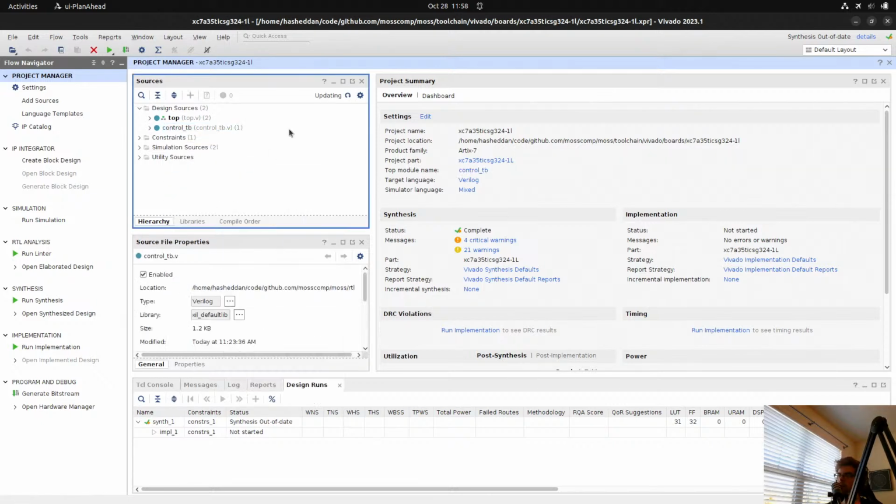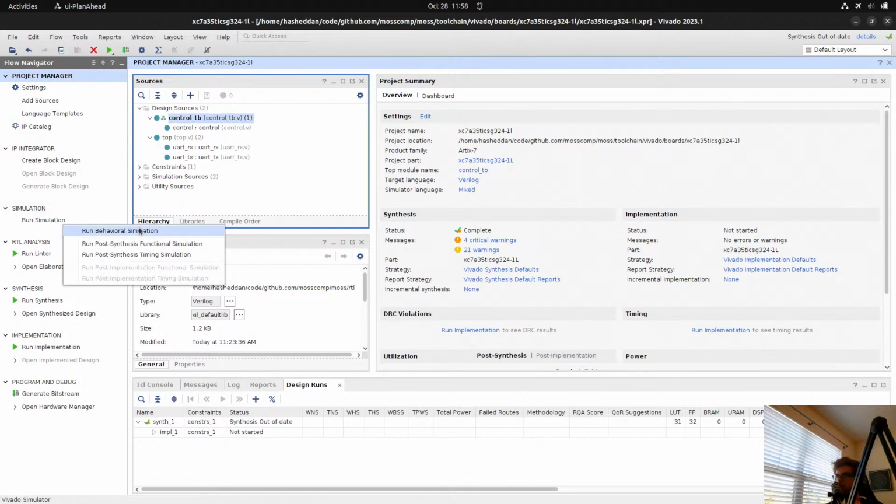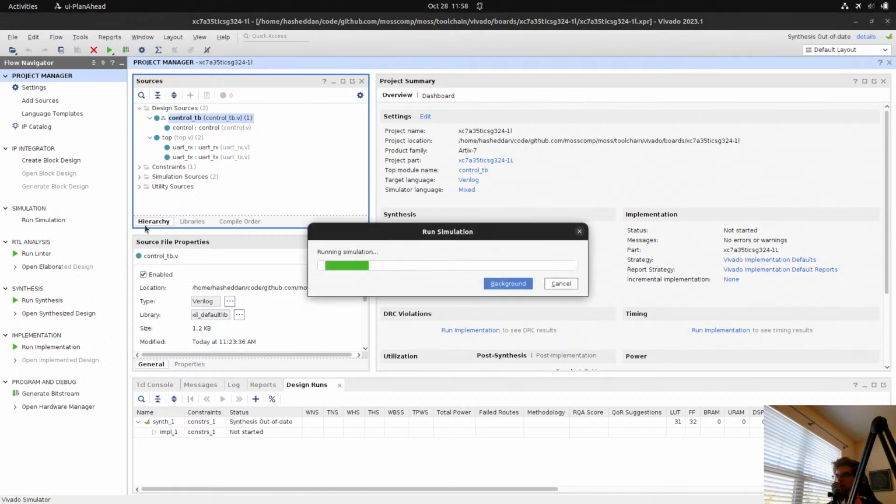Set as top. Oh, no, I want... Yeah, okay, well, that actually works. Interesting that the test bench... Oh, it's because it references, yeah, okay.